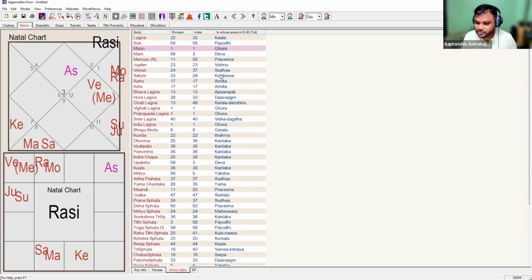Rahu can trouble this person, because Amrit can work in both ways, no? It depends who is drinking the Amrit. So would it have been better if Rahu had been in a malefic Amsha? Now again I can twist it. If Rahu is in a malefic Amsha,